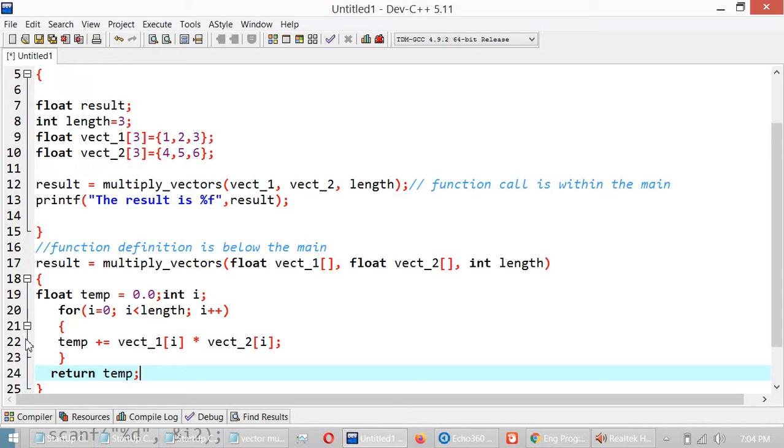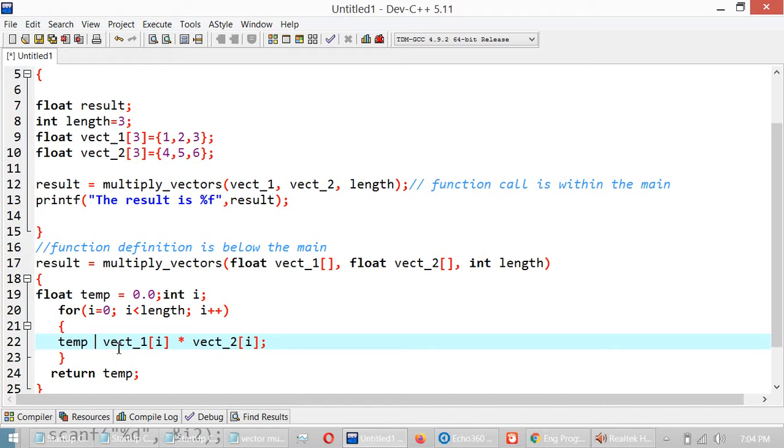When you see it, first you declare a temporary location, you declare i. So now you have a loop. When you have this loop, you have to multiply, and you have this equal symbol. This is a short form. What is the long form for this? Equal temp